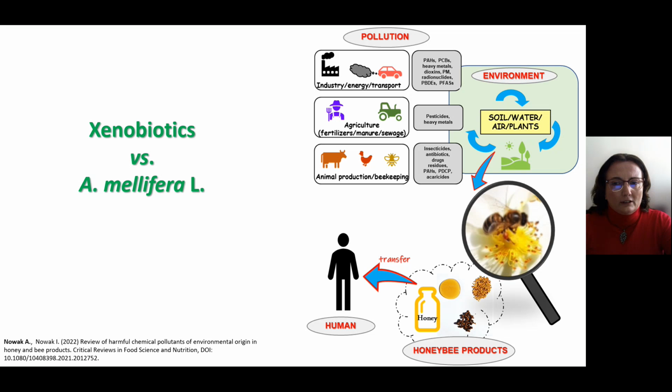Just how many xenobiotics honeybees and other pollinators are exposed to is evidenced by the presence of these compounds in honey and bee products, where can be found polycyclic aromatic hydrocarbons, polychlorinated biphenyls, heavy metals, dioxins, particulate matter of various diameters, pesticide residues and their metabolites, also asphalt components, and even microplastics with as yet unproven negative effect on bees' health.